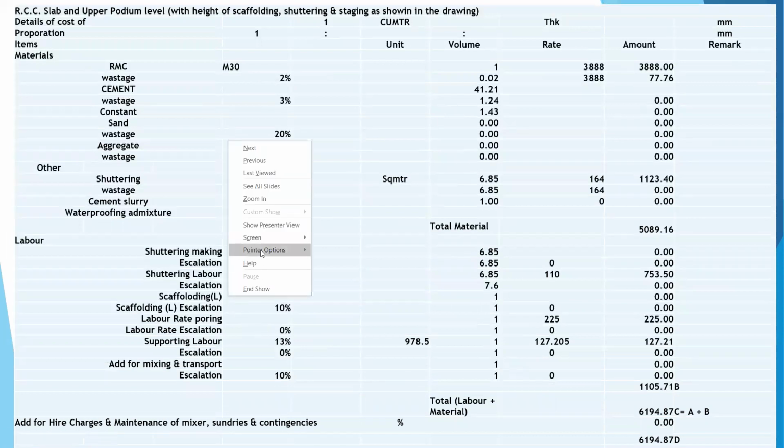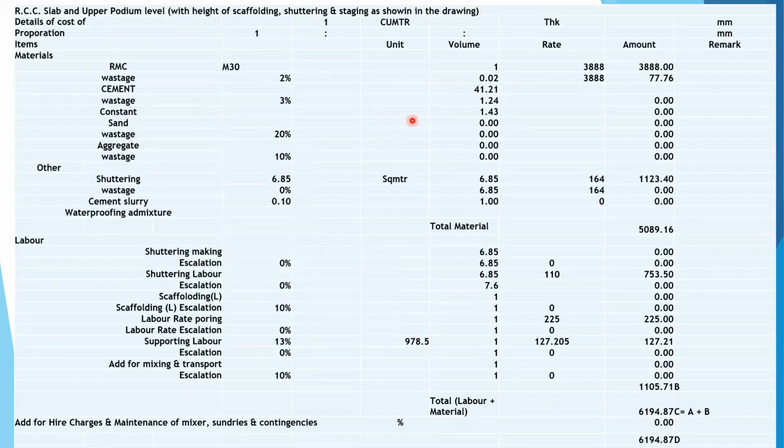RCC slab. RMC 1 cubic meter 3888. Wastages will be 2%, will be 77.76. Okay. Shuttering 6.85 square meter at the rate of 164 will be 1123. Wastages will be nil. So the material cost will be 5089. Labor, shuttering 6.85